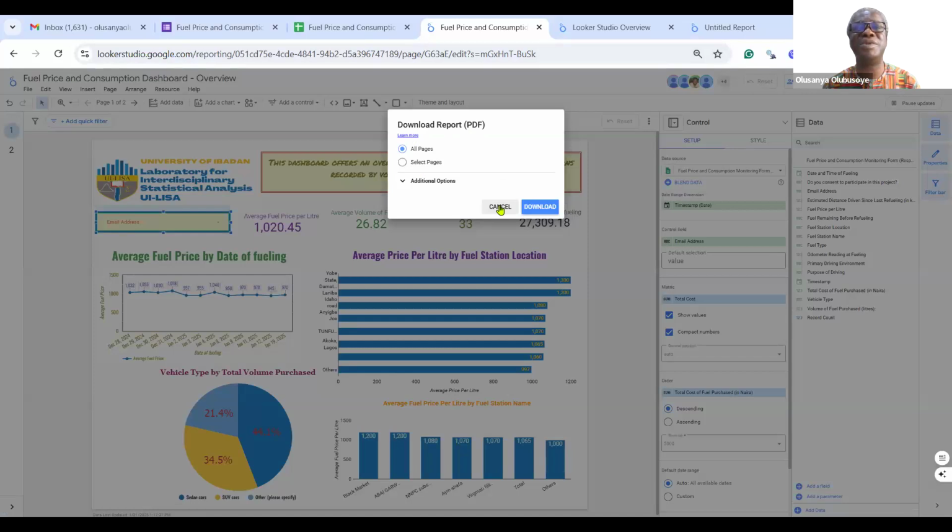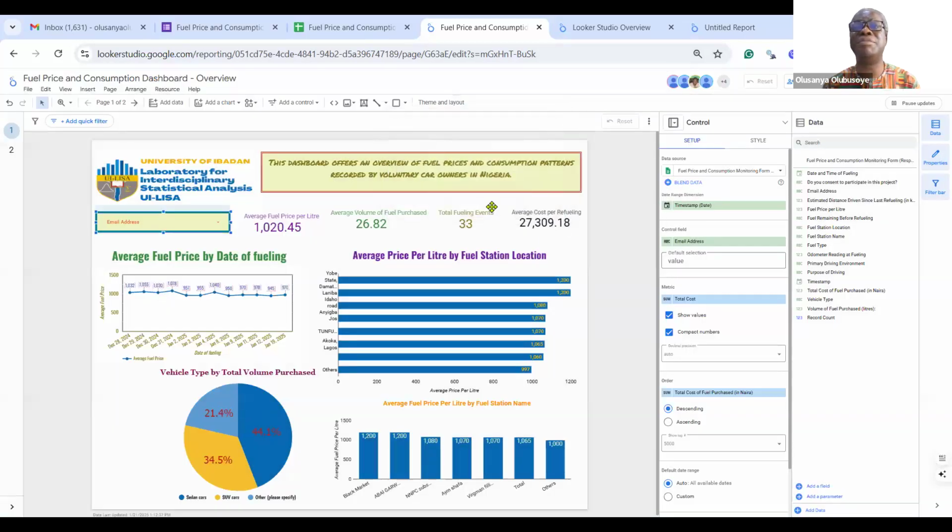That is what you want. Then you can also convert this. Suppose you need to make a presentation to stakeholders or to the management or whatever audience you want.